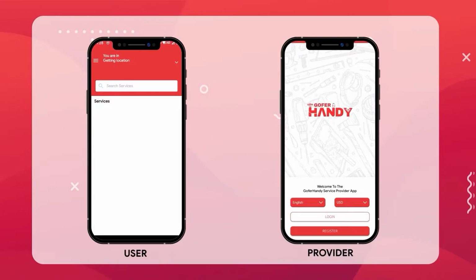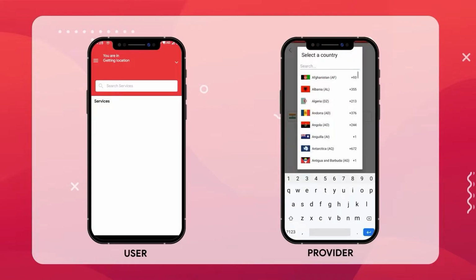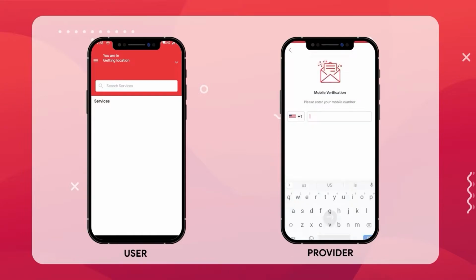Next, let's see the workflow of the provider registration. Kindly select the country code and then enter the mobile number.